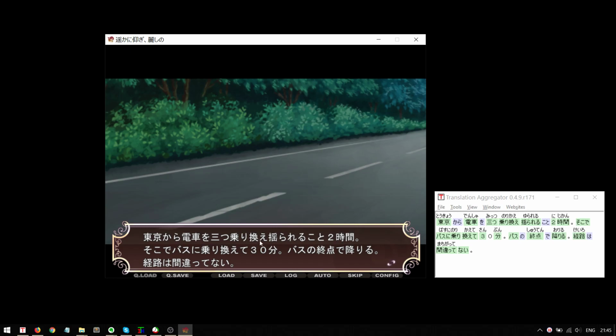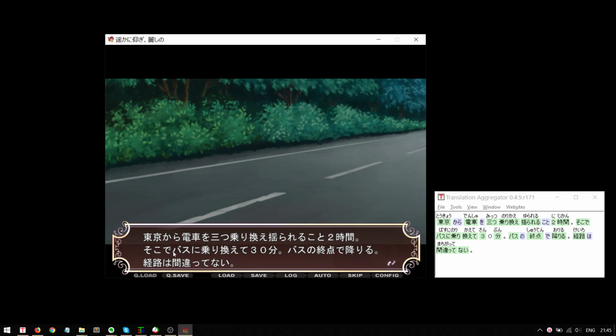And then 揺られること2時間, so that means he was shaken. He was on the train and he was shaken for 2 hours. After that, そこでバスに乗り換えて30分。バスの終点で降りる。